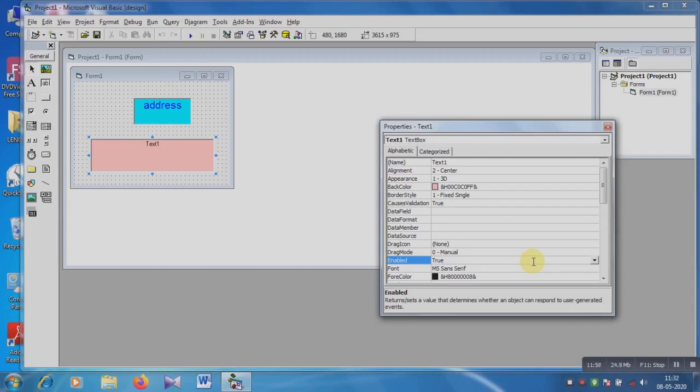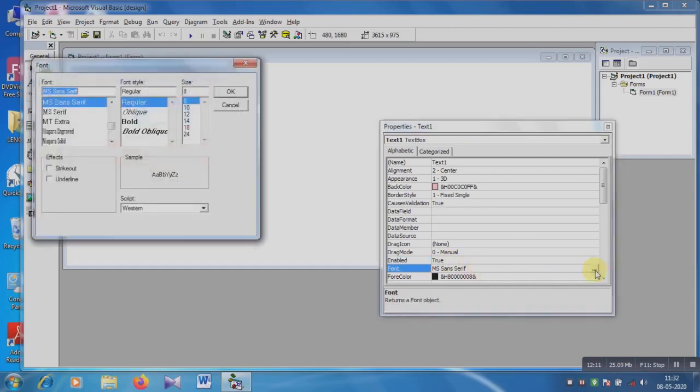Okay, if it is true, then it will be available for user generated events, otherwise it will not be available for user generated events. So it must be true.